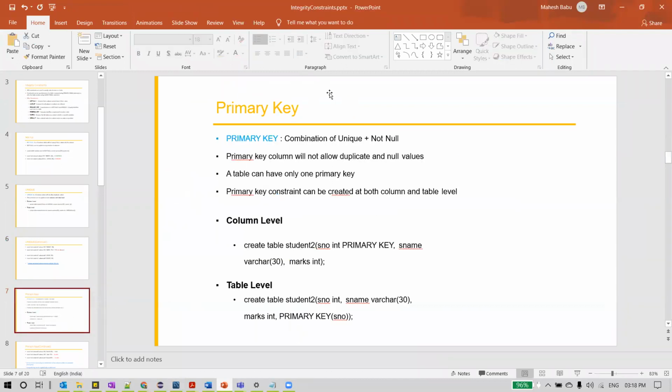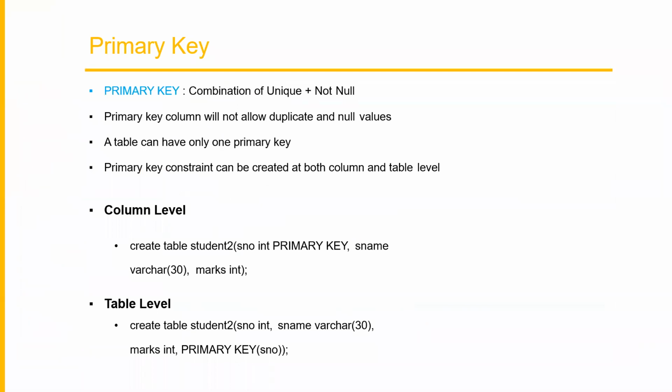Next, primary key constraint. So what is primary key? Primary key is just a combination of both unique and not null. So unique, what did we learn? If a column has a constraint as unique, then that column will not accept duplicate values. It can accept null values, right? But primary key is a combination of unique plus not null. Not null means it can't have null values. So unique is accepting only unique values, it will not accept duplicate values, plus not null, it can't be null. So this combination we call a primary key.